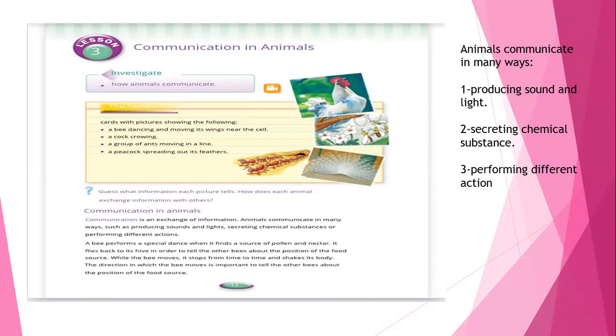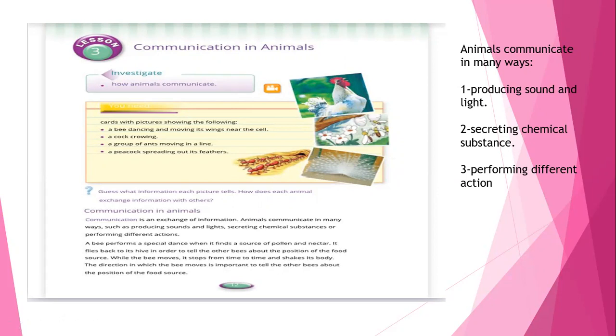Producing sound or light. Number two, secreting a chemical substance. Secreting chemical substance اللي هي secreting معناها تفرز مادة كيميائية. The third way, performing different actions. Performing بتعمل actions. Okay, بتعمل for example زي رقصة بتنتج sound wave. Anything between the animal to